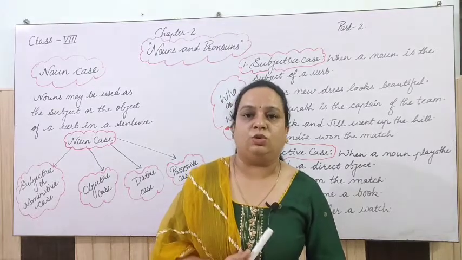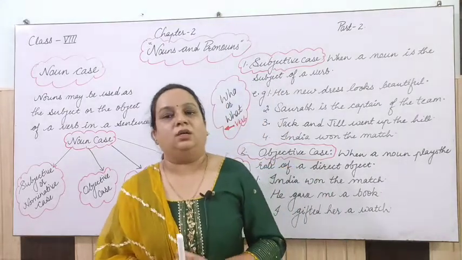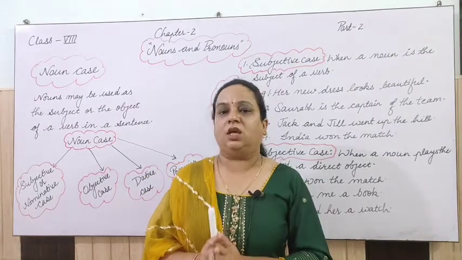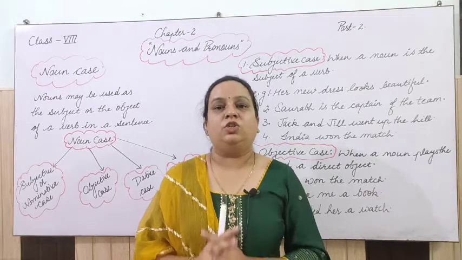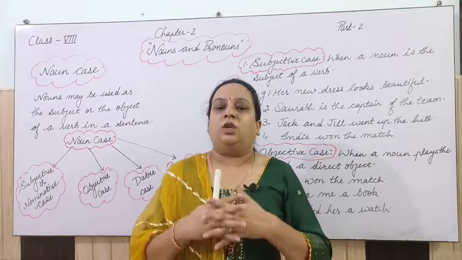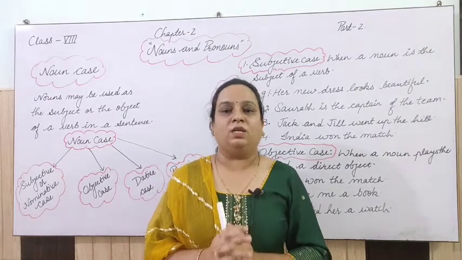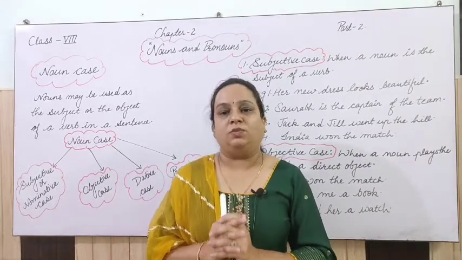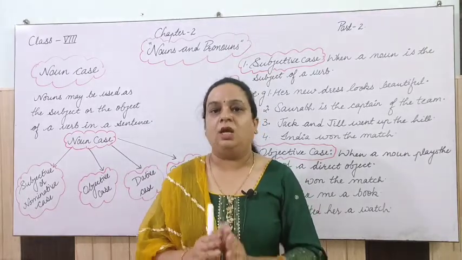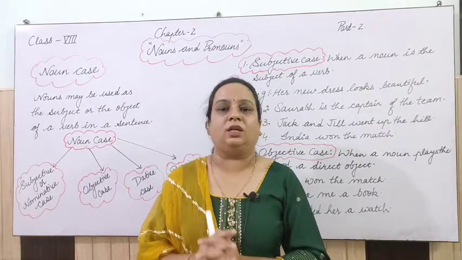In our previous video of chapter number 1, we did the objects, and that was a special video on objects. There I told you that objects are of two kinds: one is direct object and the second one is indirect object. So let me revise once again. First of all, let's revise the position of the object. Objects are the words which are placed after the verbs, and they are of two kinds: direct object and indirect object.